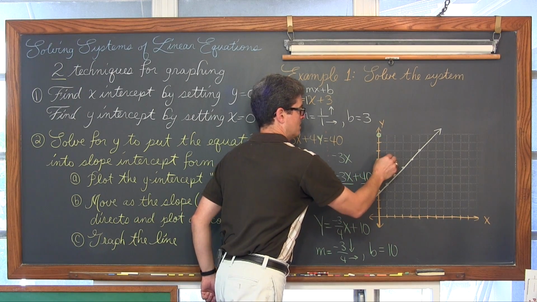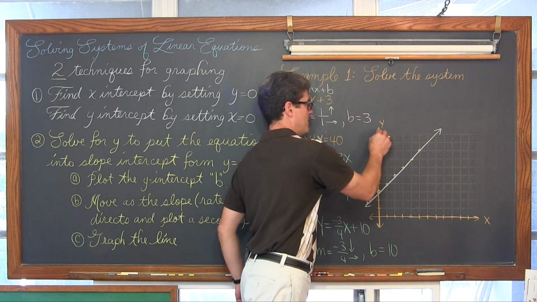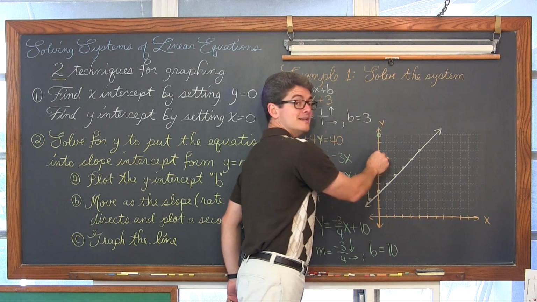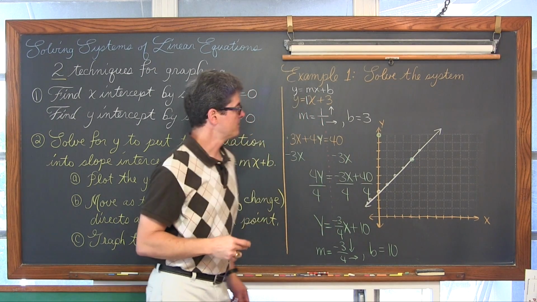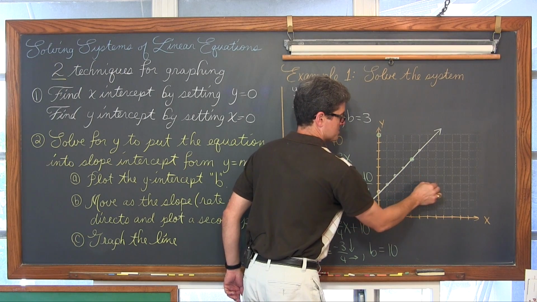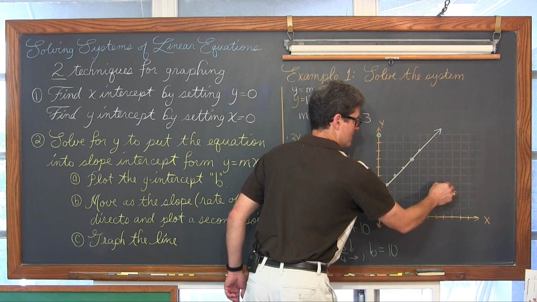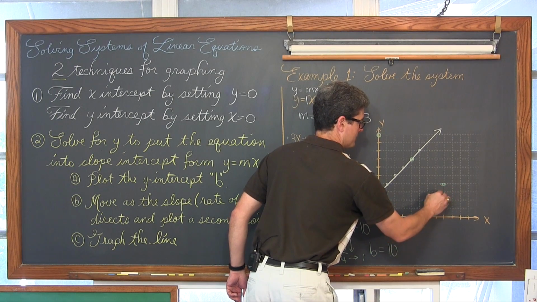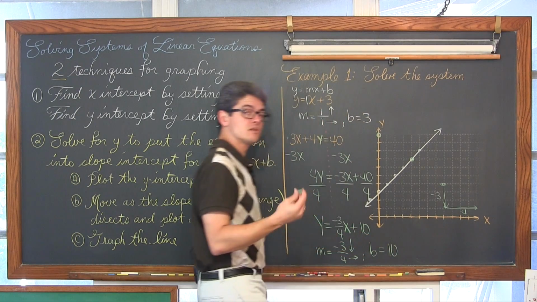Down 3, excuse me, let's try that again. Down 3 and over 4. So from my y-intercept, 1, 2, 3 down, and 1, 2, 3, 4 over. And I just want to make my line straight, even though I really already know where they're going to intersect. So I'm going to do that down 3 and over 4 again. And maybe here where I can have room to write down 3 and over 4, how that slope is moving.